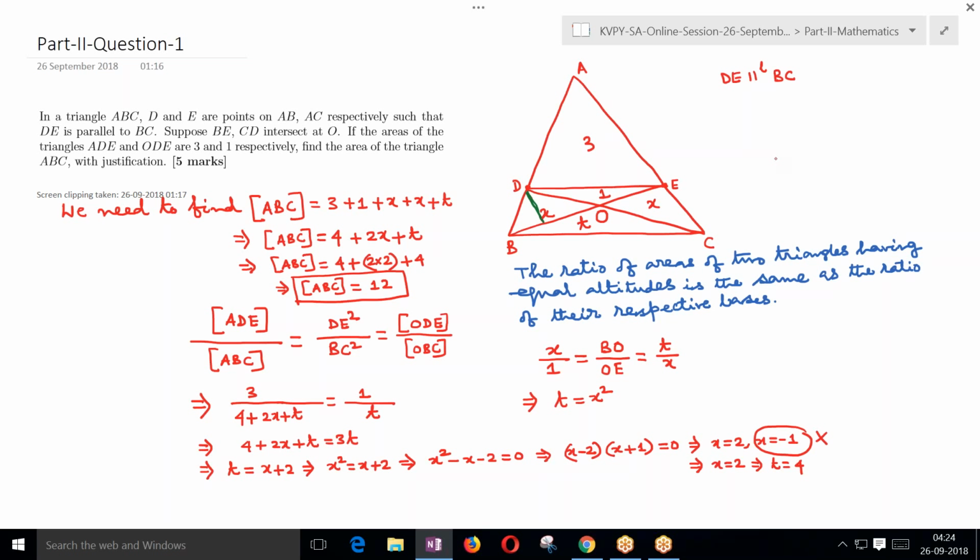So in the triangles ADE and ABC, the corresponding sides are DE and BC respectively. Now as these two triangles are similar, the area of triangle ADE by area of triangle ABC should be equal to DE square by BC square. Now in a similar way, if we look into the triangles ODE and OBC, these two triangles are similar